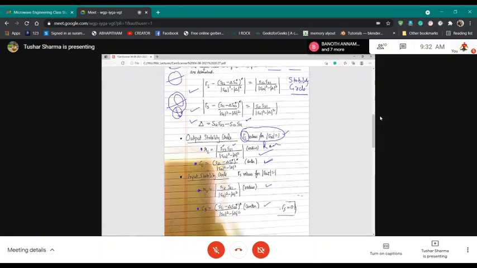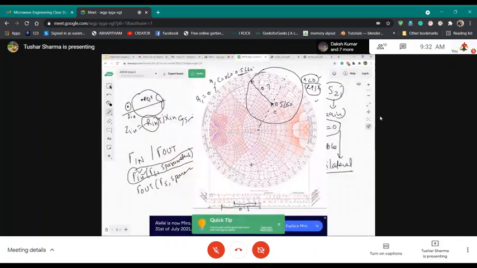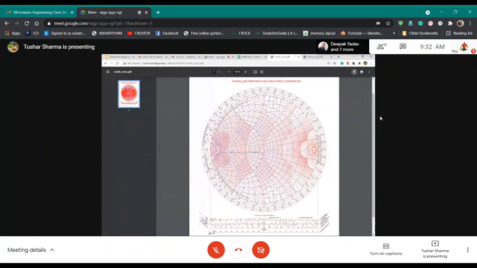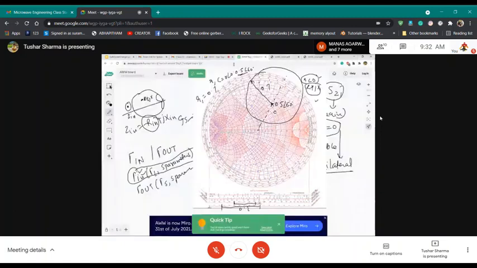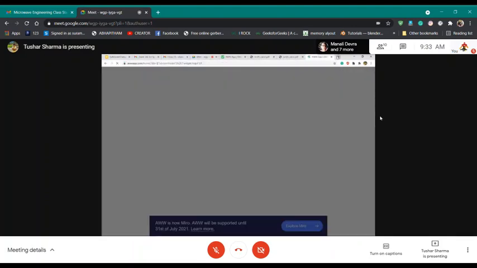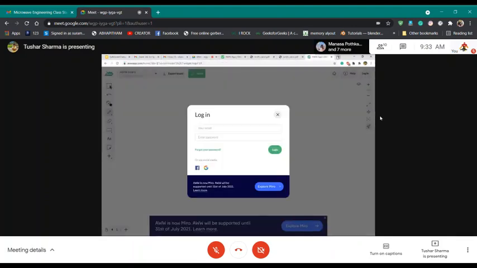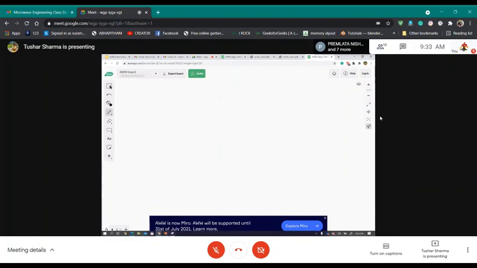So before moving forward, let's try to draw a couple of stability circles. I think that will give you more clarity. Again, I don't have a compass here with me, but you will need it while you are trying to plot stability circles. Let's see an example. Before we do that, there is another thing we need to know. Okay, I draw the circle, then what?